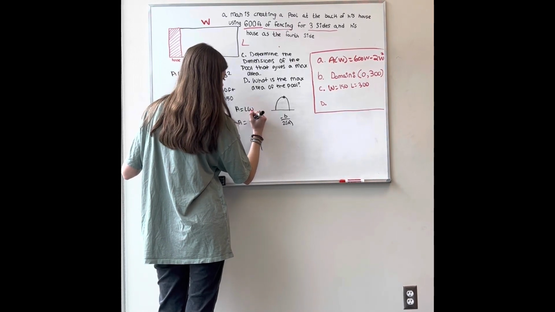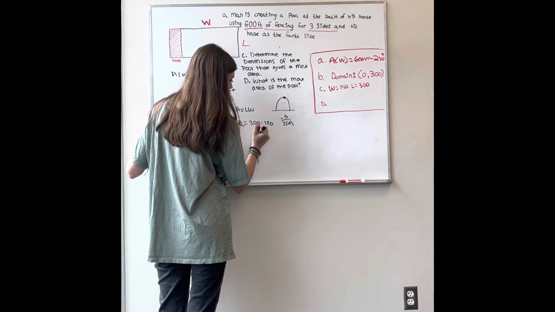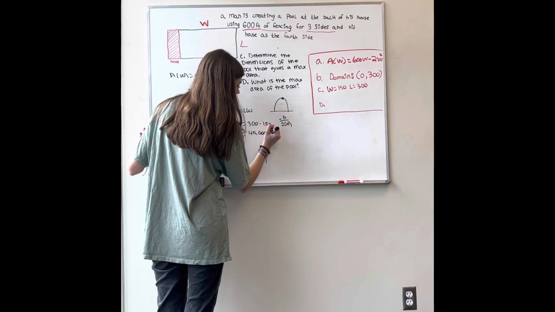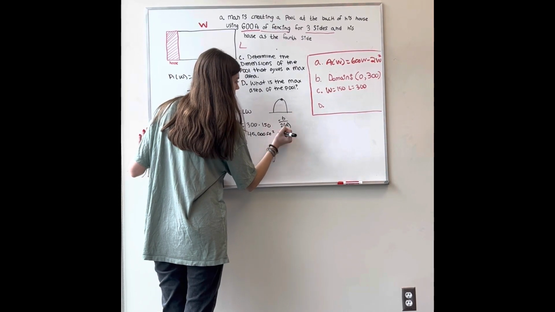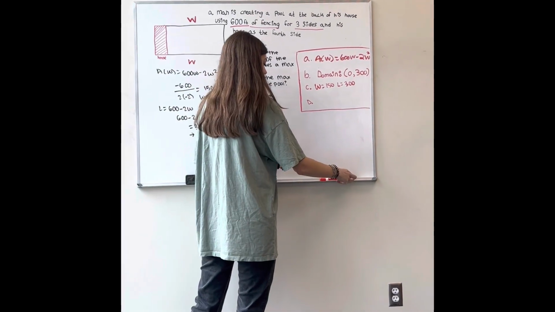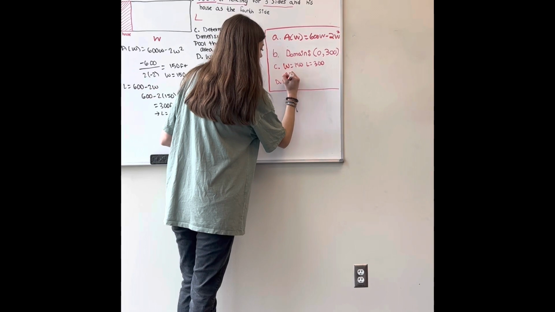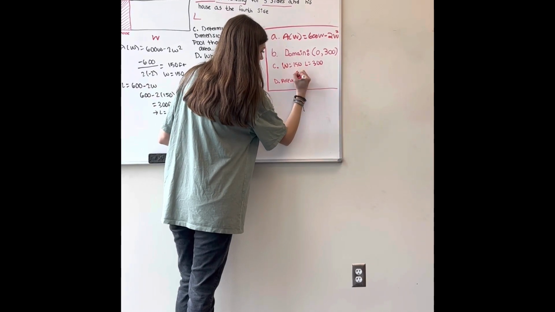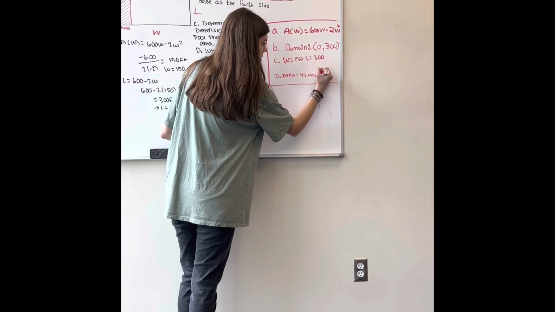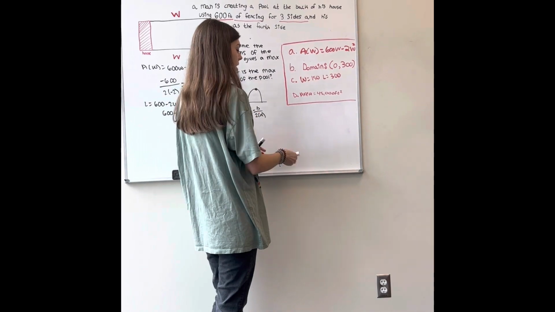We get 300 times 150, which equals 45,000 feet squared. So our maximum area equals